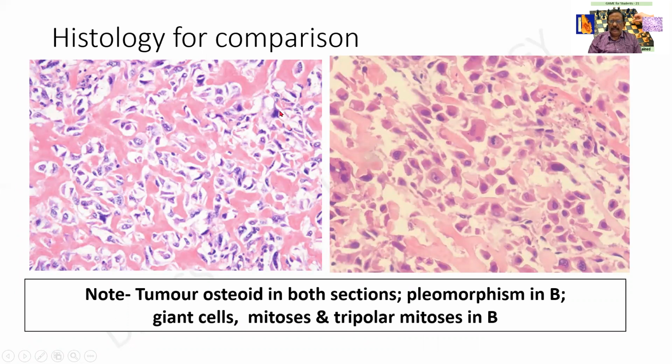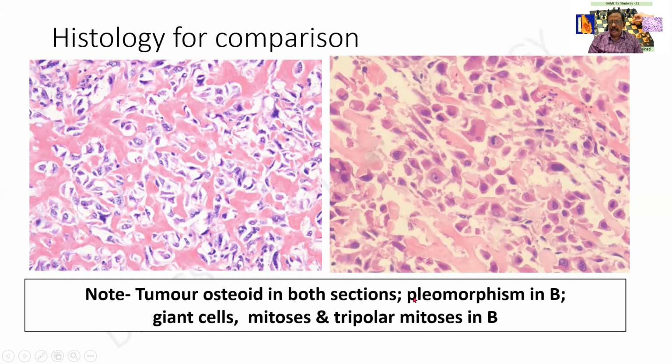I am finding that there are multiple tumor cells which are laying down layers of tumor osteoid, which are pale pink, eosinophilic, and acellular. There is a variation in size and shape. Look at this cell, it is larger, another cell which is large. And in this one, I'm finding this is one fan-shaped structure, which is an atypical or a tripolar mitosis. And I'm finding irregular tumor cells. And even here, I can see the pale eosinophilic tumor osteoid.